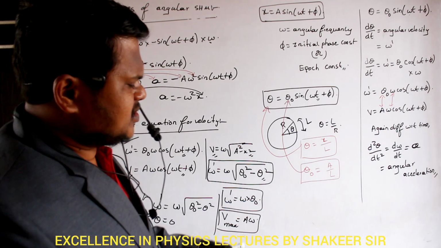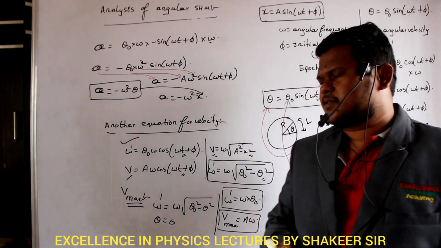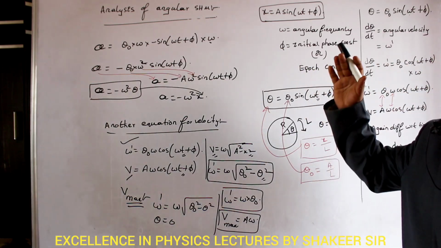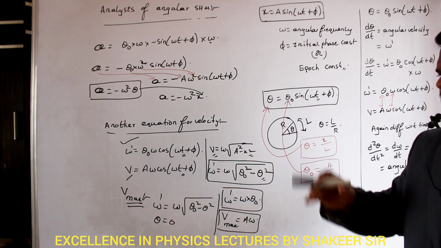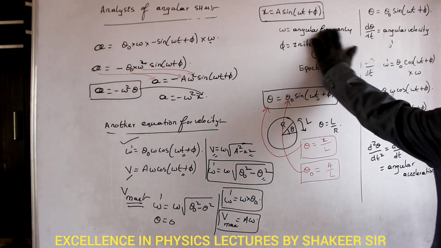So at every position we are trying to compare the equations of linear SHM and angular SHM, just to prove that all these equations are exactly analogous to each other. Are you able to understand? Come on, make a note up to here. So then